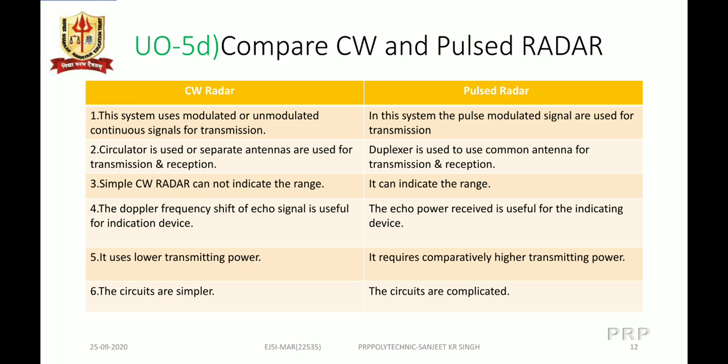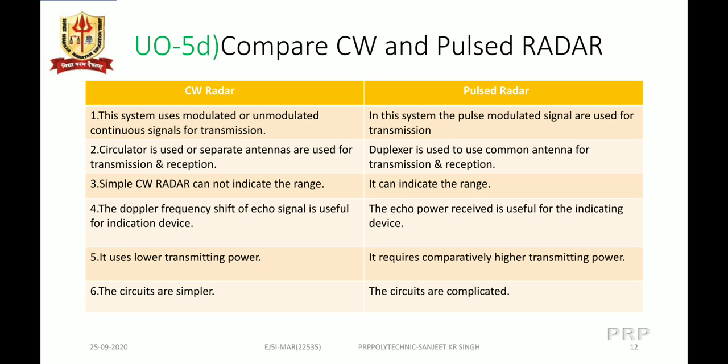Now this topic has been included here: compare continuous wave and pulse radar, as given in the fourth unit outcome of this chapter. Continuous wave radar and pulse radar can be compared on a number of parameters. These parameters, as we can see,